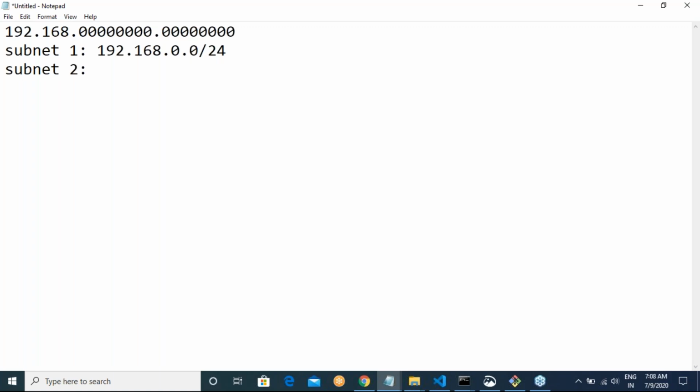I cannot use the same range again because this IP address is already taken. So I will go to the next possible number. If you go to the next possible number, what would it be? 192.168.1.0/24. Then subnet 3.